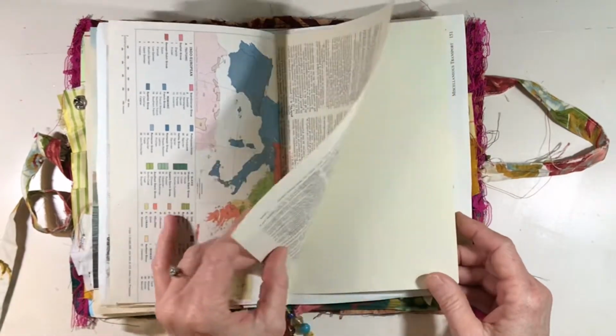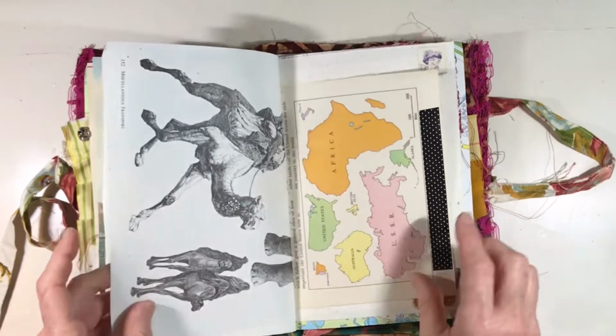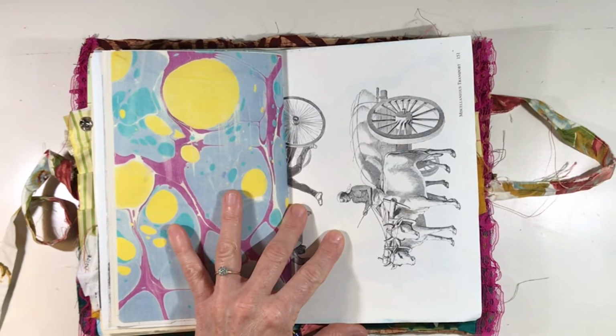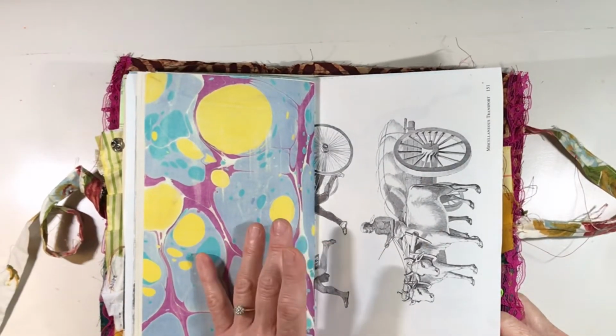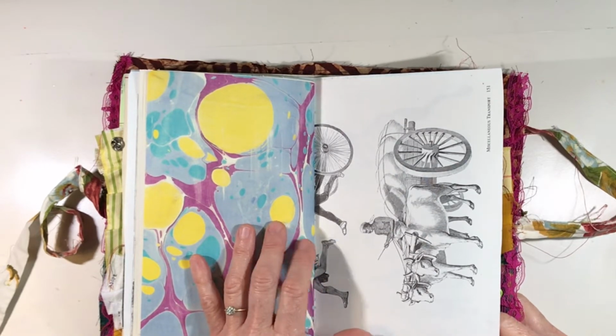Another stamp. Journals like this are so much fun. My thought process has evolved so much. My journaling 30 years ago was straight writing. And I'm so glad that I wrote down so much, because I have so many memories of when my children were little and growing up and going to school, and just things that I was interested in, little notes about